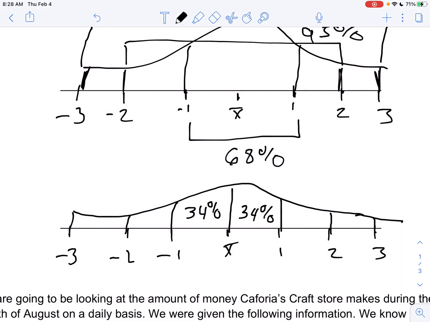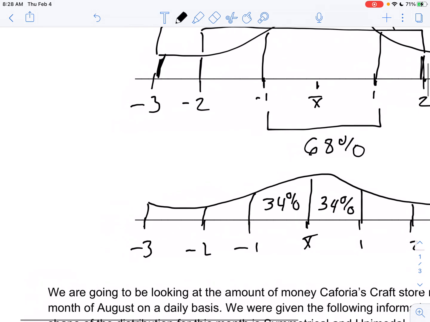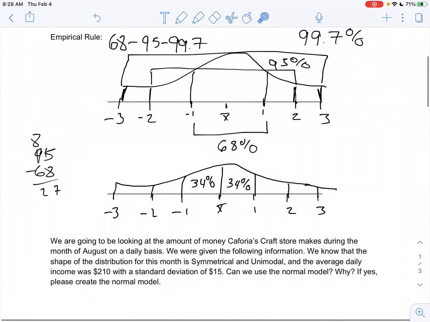Then from here, we need to think about what about these two chunks? We know from -2 to 2 standard deviations away, this whole section is 95% of our data, but 68 of that 95 is in this chunk. So how we can find that is we take 95 and subtract 68. When we do that, we get 27. So 27% lives